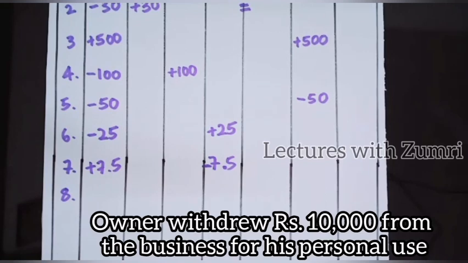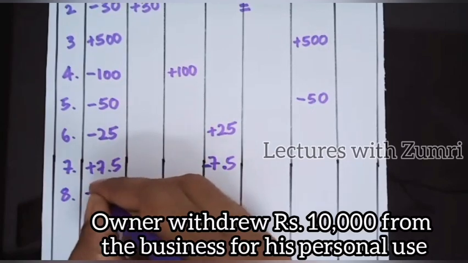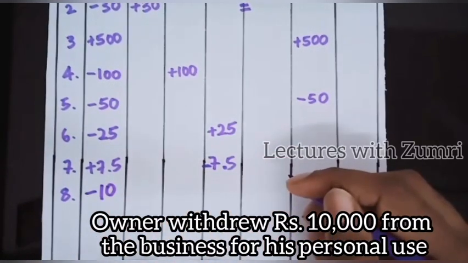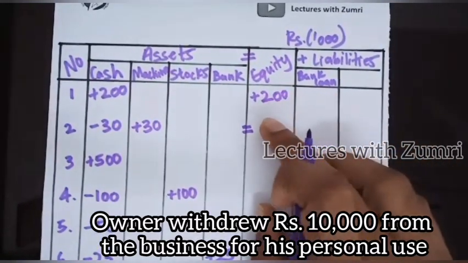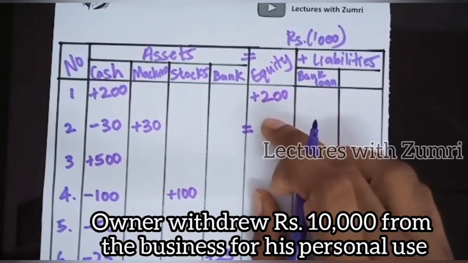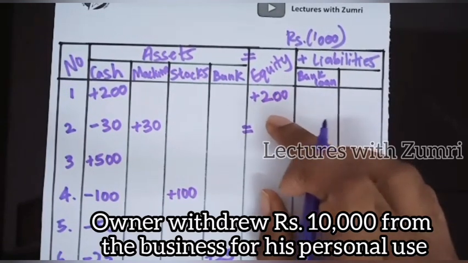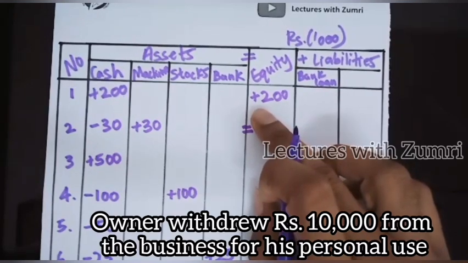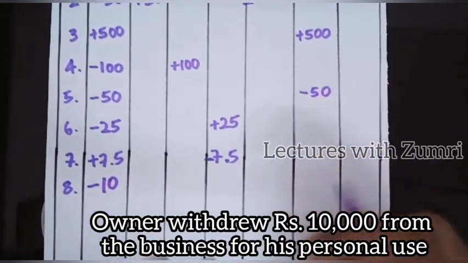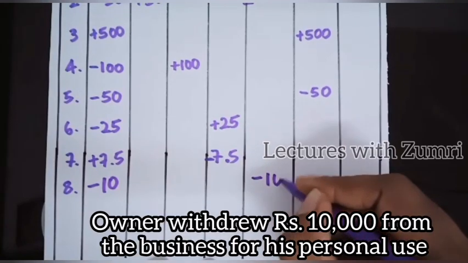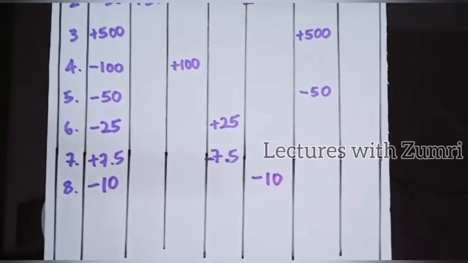So if the owner takes money from the business, what happens? Since he is taking cash here, cash in the business will be reducing. And also if the owner brings any resources, equity of the business will be increasing, right? So earlier when you consider the first transaction, it says Mr. Mark invested 200,000, so the owner brought, so we put a plus here. So if the owner draws back, or takes resources out of the business for his personal use, we have to decrease the equity. So equity will be decreased by the 10,000, right? So we have recorded all the transactions related to this example here.